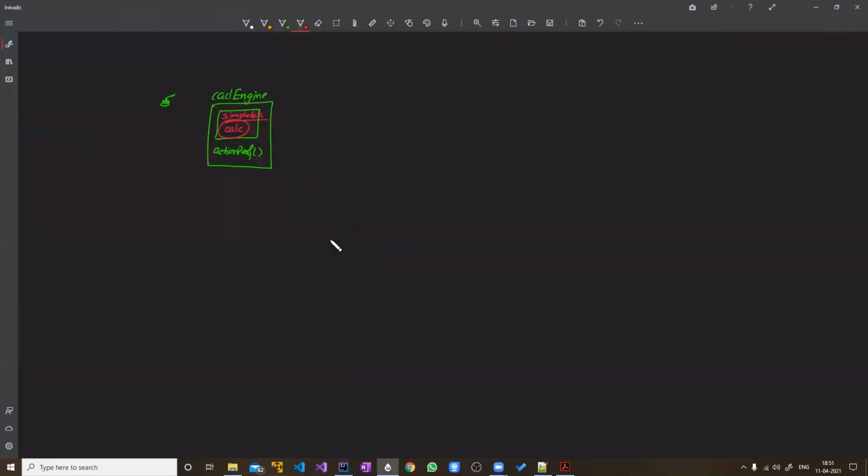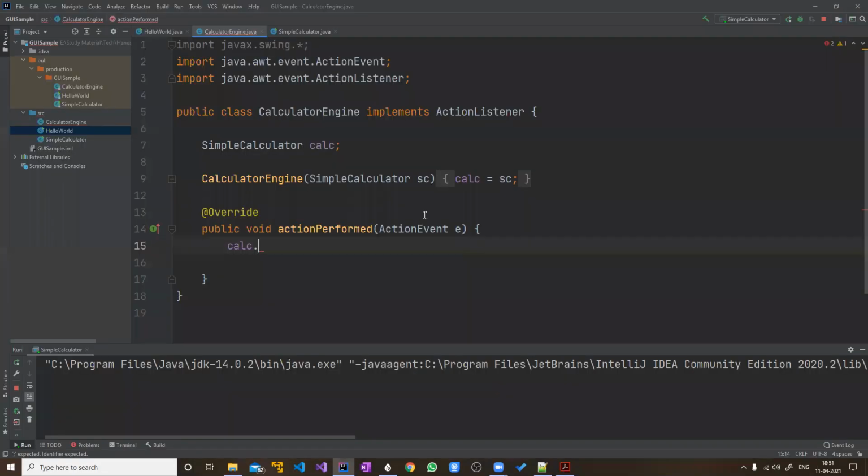We have to get the input, the two steps: read the input, perform operations, and write output. Right. This is what we have to do. So now we are going to complete these three steps in this action performed method. So first you have to read it. So calc dot, from where you have to read? You have to read from this field.